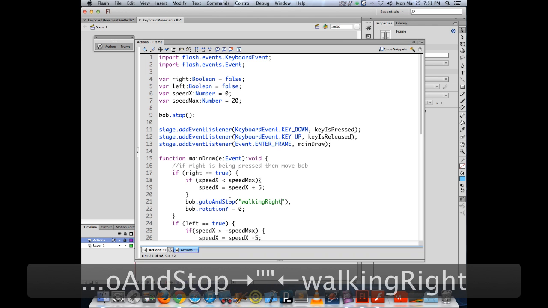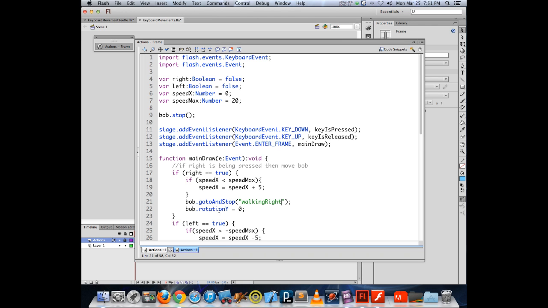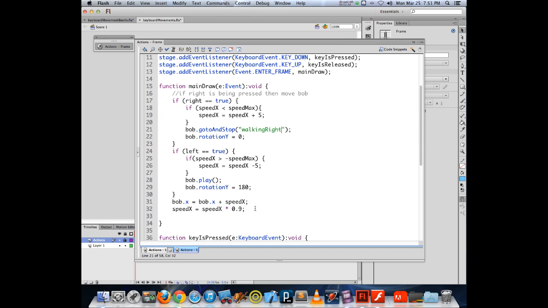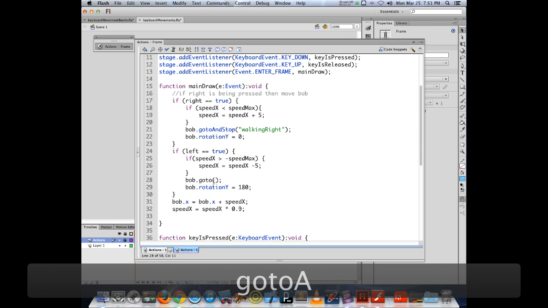Now if you want to use numbers, you could just put numbers in there, but I find this makes the code a whole lot more readable when you have a label. So when it says go to and stop and says something, you're not wondering, okay, go to and stop 17, go to and stop 23, go to and stop 158. What is that? I have no idea, but if you have a label, then it can make a little bit more sense. So Bob, go to and stop,